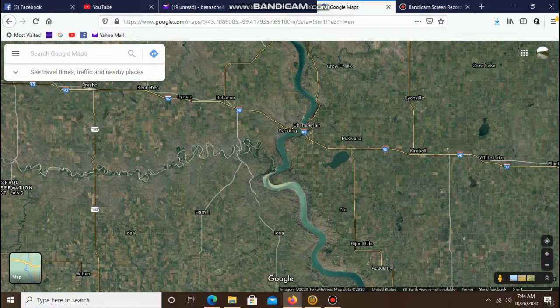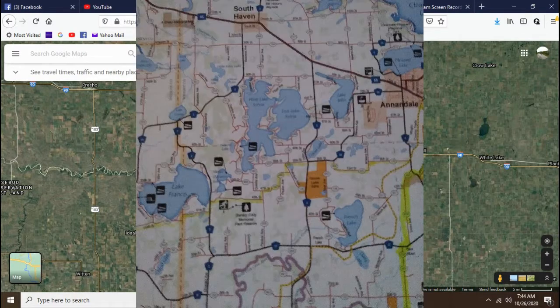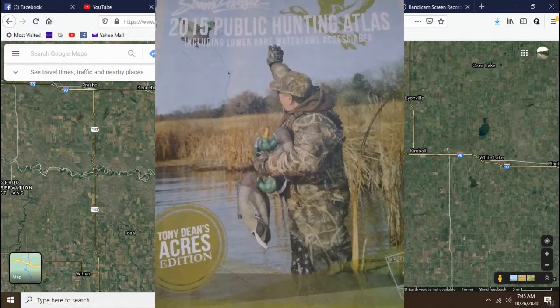And the first thing I do is I use a Minnesota All Outdoors Atlas for local stuff. I'll show a picture of that, the cover, and just kind of a little picture of my area in Minnesota. And I also use public hunting atlases, like for South Dakota, and I also have one for Nebraska that I'm